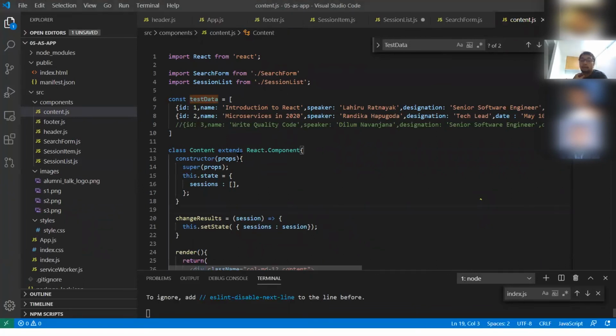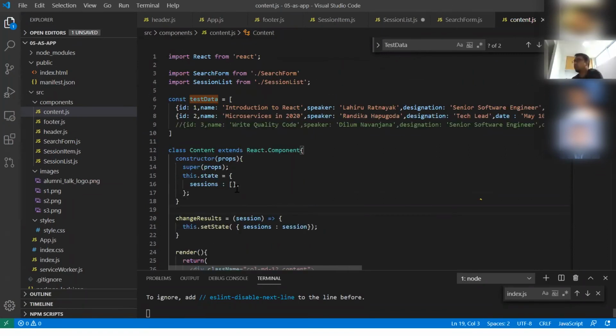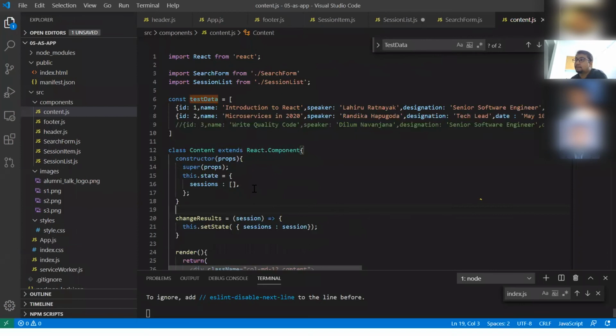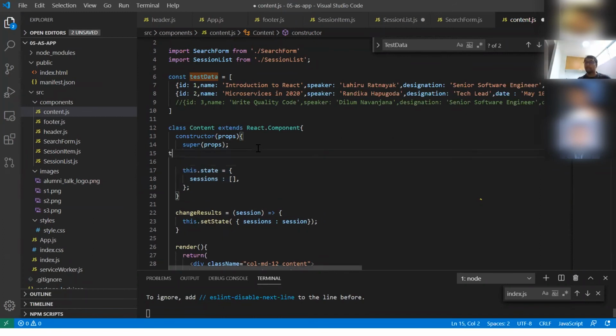Props, and we need state. So what state does is it changes your application according to its state changes. I don't think I have a way to show you properly, but I'll make it very fast. So in a class, you can easily define a state like this. You just have to mention this state